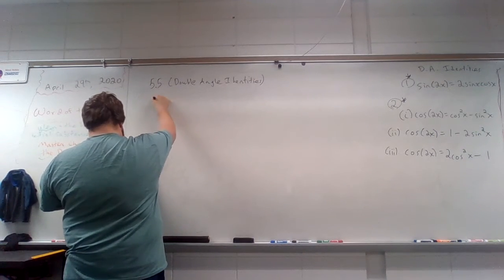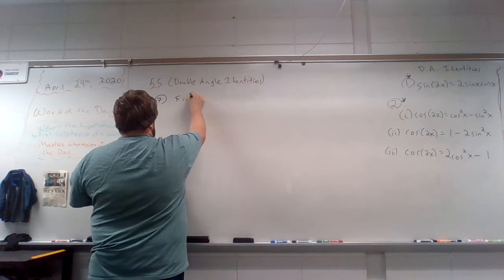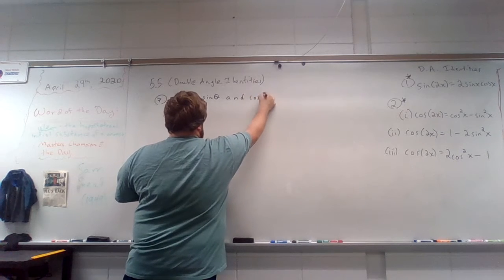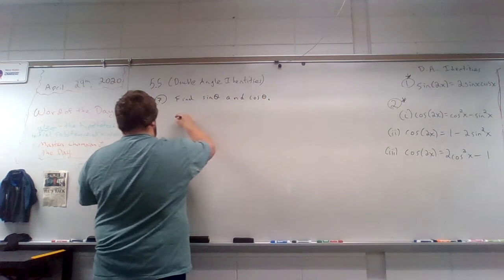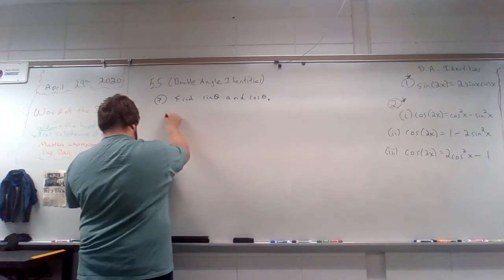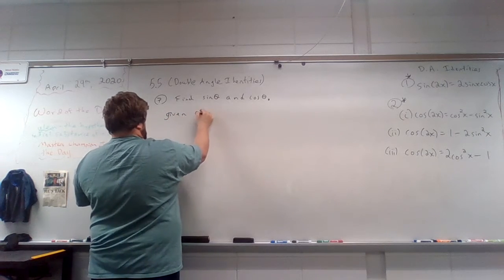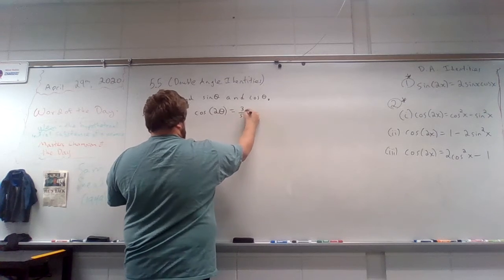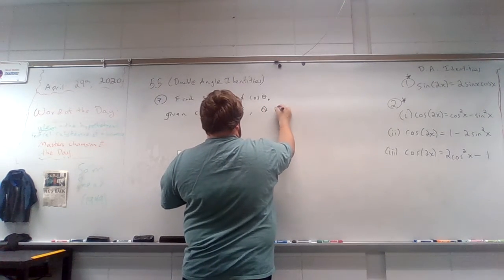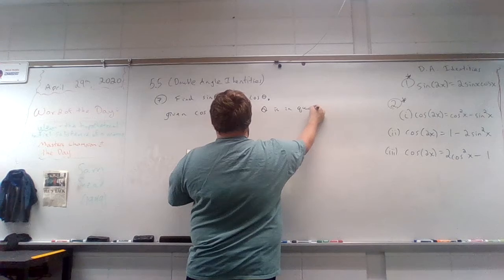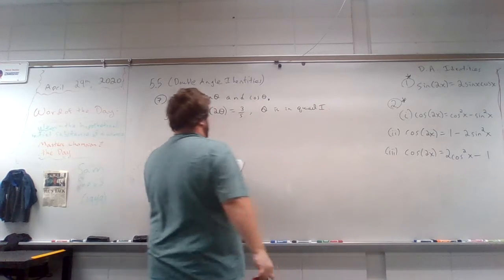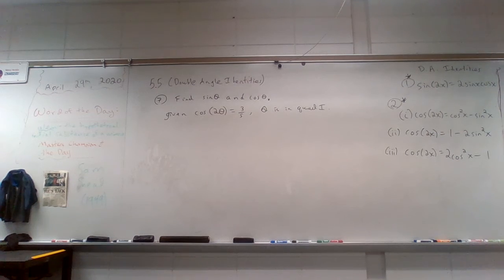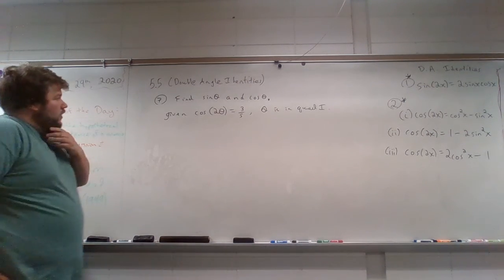All we're asked here is to find sine theta and cosine theta. Okay, and this is given: cosine of 2 theta is 3/5, and theta is in quad 1. Okay. So what I would